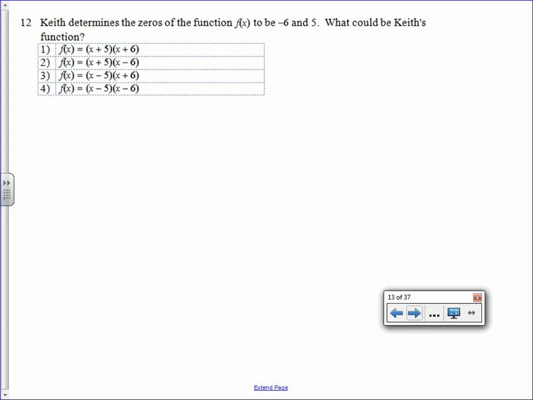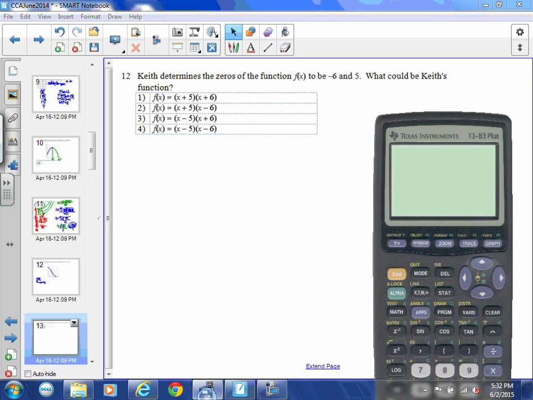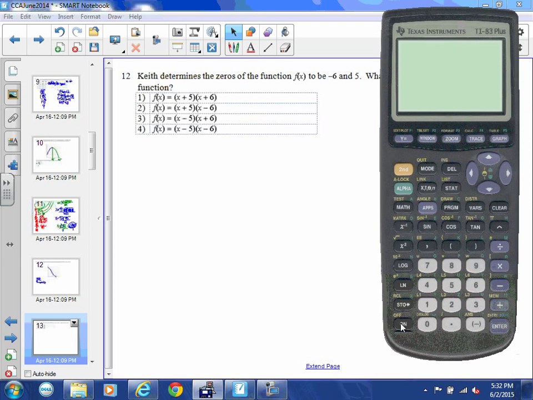The zeros. Well, there's a couple different ways to do this. I know that the zeros hit the x-axis. So what I would have most of you do is do it graphically. I would go to y equals. I would take my plot off. I would do x plus 5, x plus 6. I would look at the graph, zoom 6,